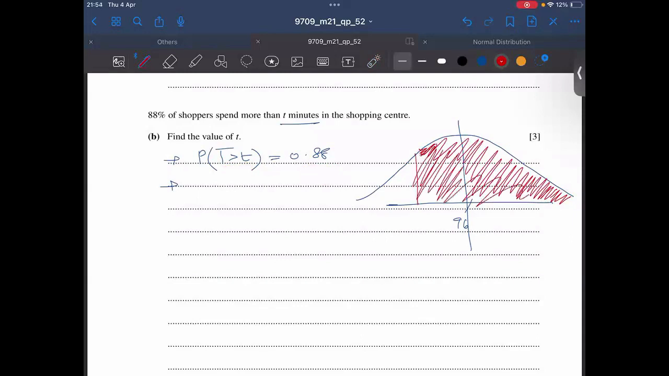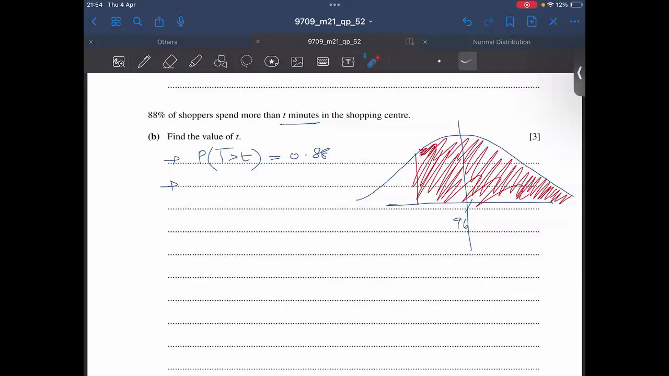Is that so or not? Just let me know. Let me repeat. You have greater than t, and you have been given the probability. Now on the sketch you have made, you need to shade the area,